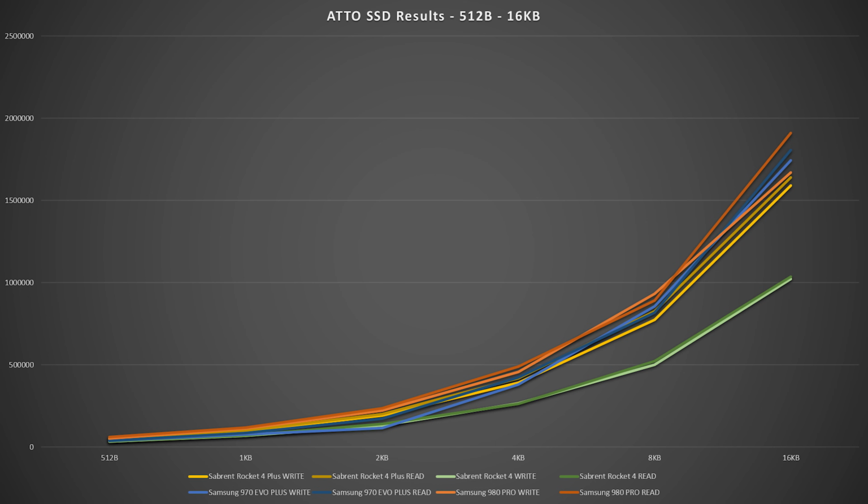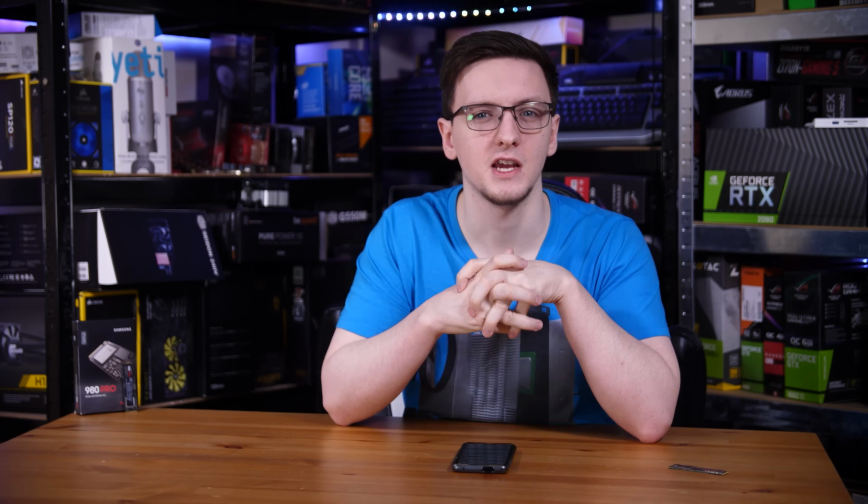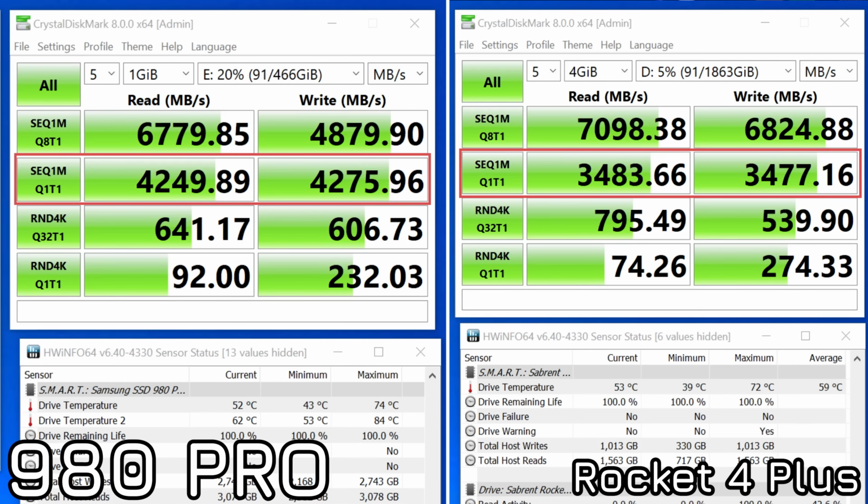The 980 Pro does have the slight edge in these smaller block sizes, but it's not by that much. Now, if we have a look at CrystalDiskMark, there is a slight advantage in the QD1 and Thread 1 workloads and sequential workloads, where the 980 Pro does have more consistent results. It's about 700 megabytes per second in both reads and writes over the new Rocket 4 Plus, but that's only